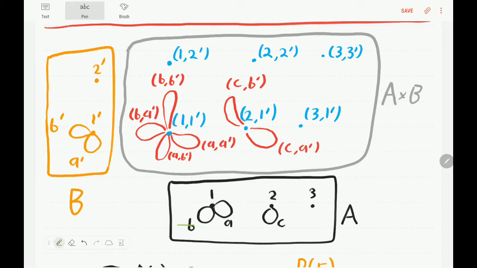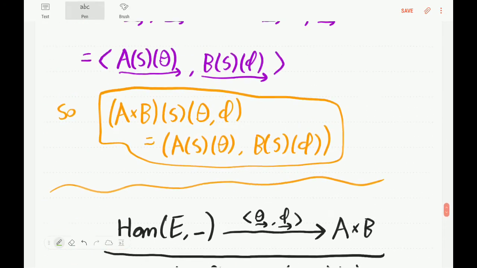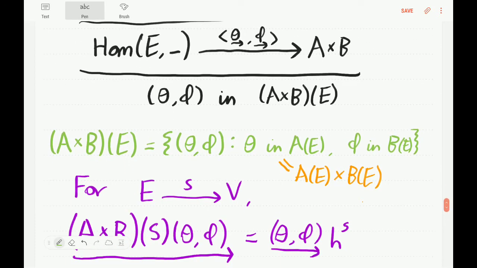So we can illustrate A here as this bouquet and B here as this bouquet. And then, as I've already said, we can form the product graphically. The important thing when you actually want to draw out a product is to have a look at this result here,